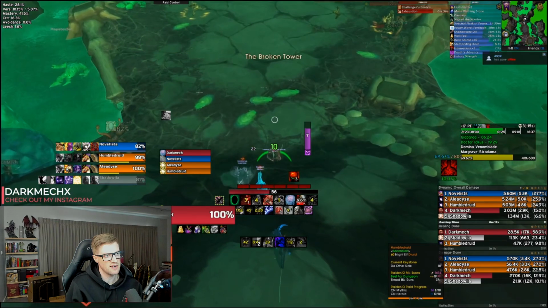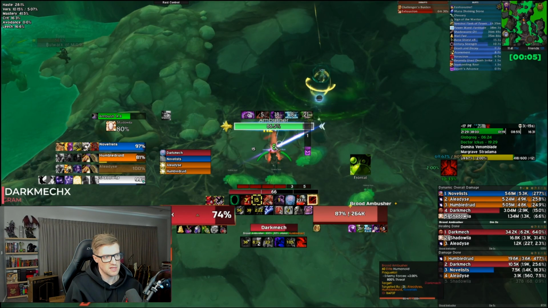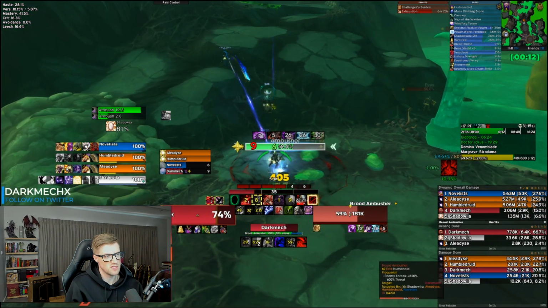So we're moving down here, and then this is going to be this ambusher that's just chilling out here. So again, the ambusher, the enveloping web, something that we want to kick. So here it is here, kick it. And then what we're going to do is wait for the stealthling cast. So here comes the,